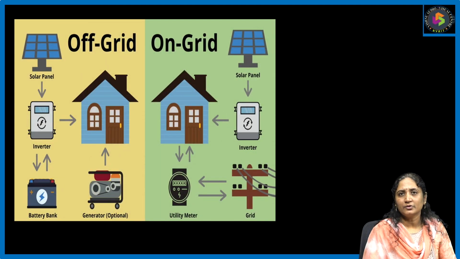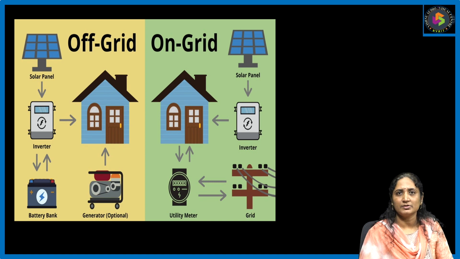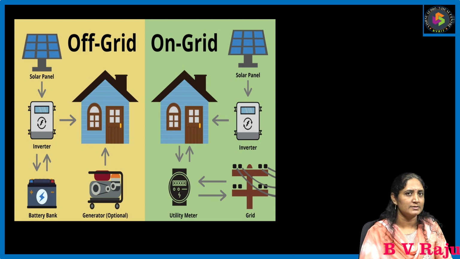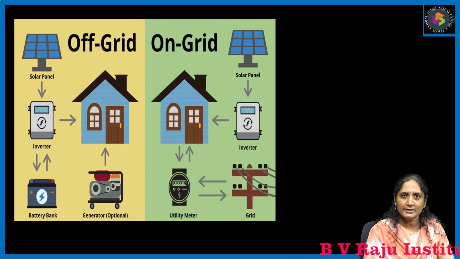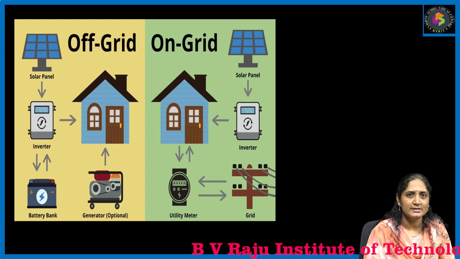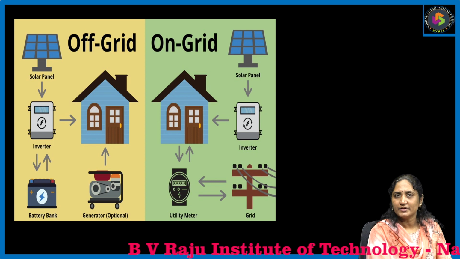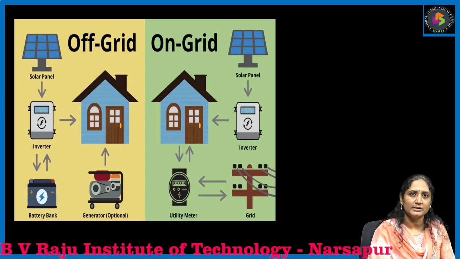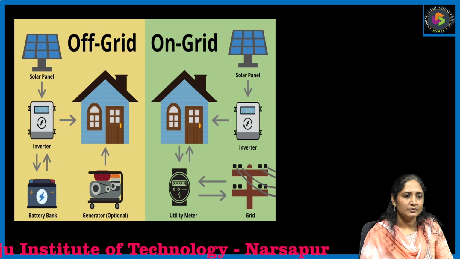So come to the photovoltaic effect and energy generation, and next, how solar energy is generated. As I said, the sunlight energy, which is directly received in the form of photons, will be converted into electricity. That solar energy will be used in two types: one is on-grid, the second one is off-grid. What is the difference between off-grid and on-grid? Off-grid means without grid, on-grid means with the grid.